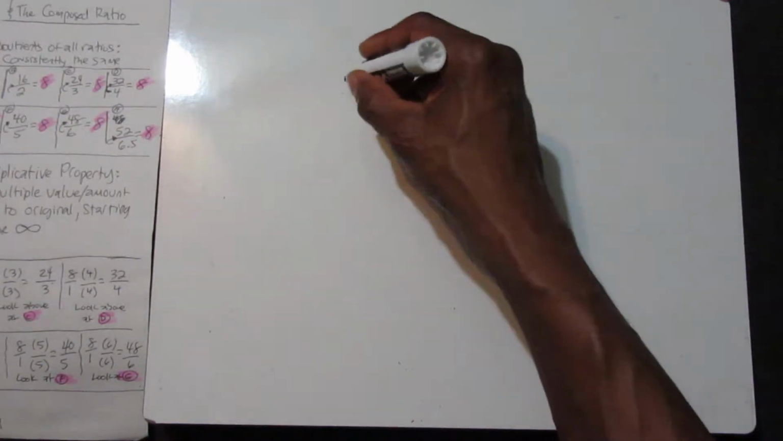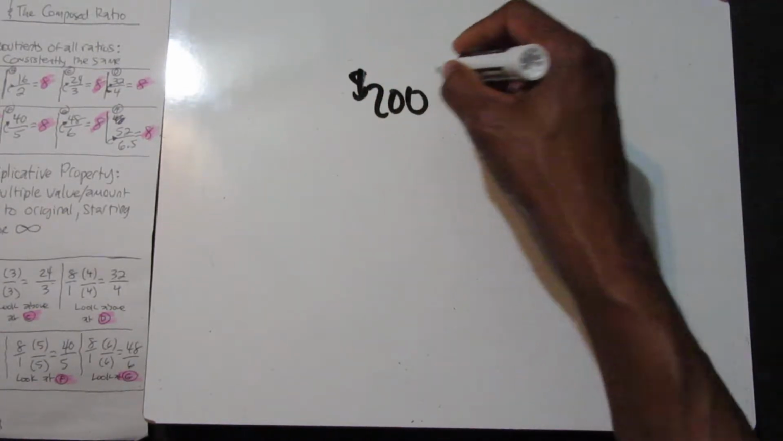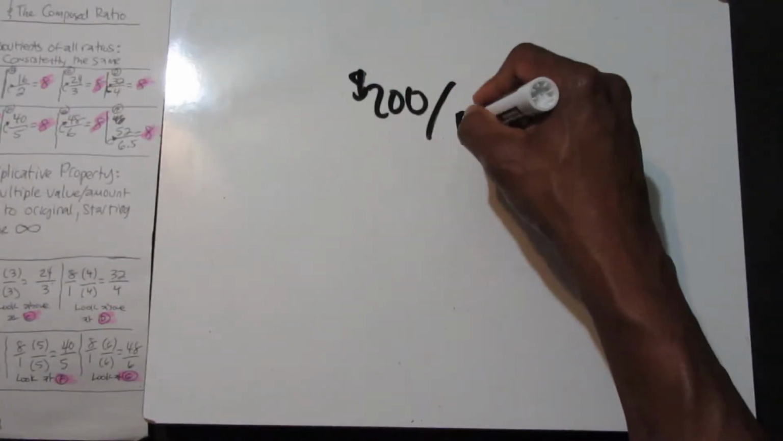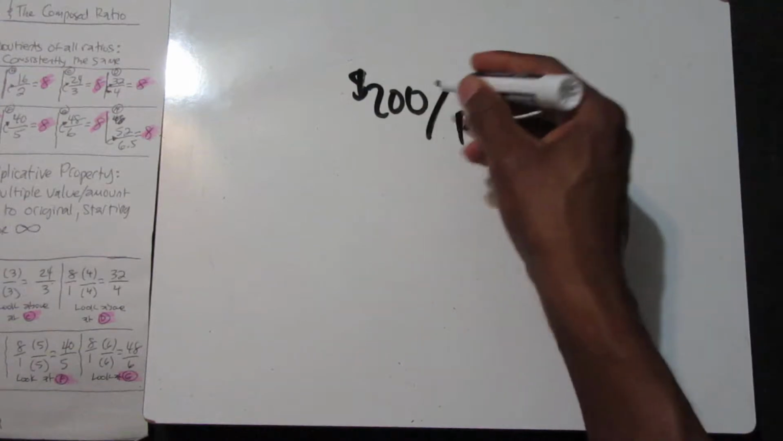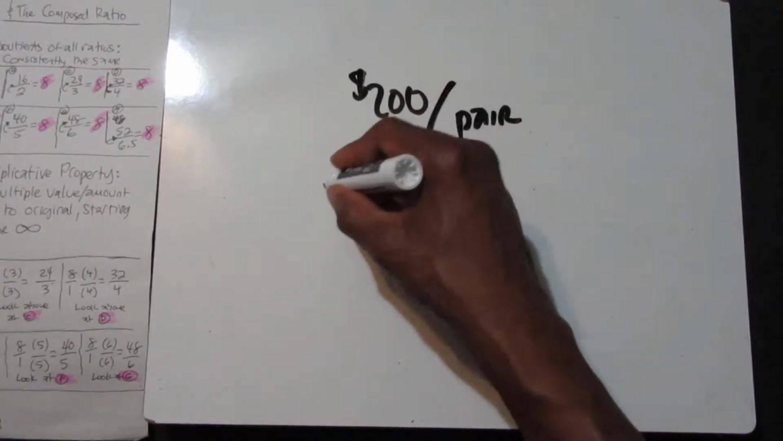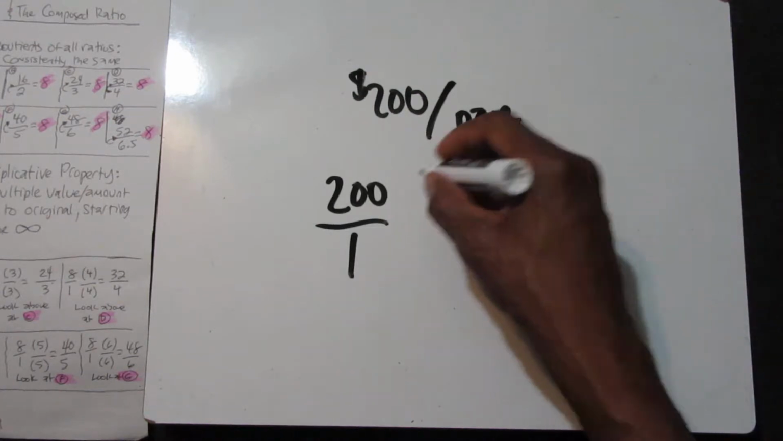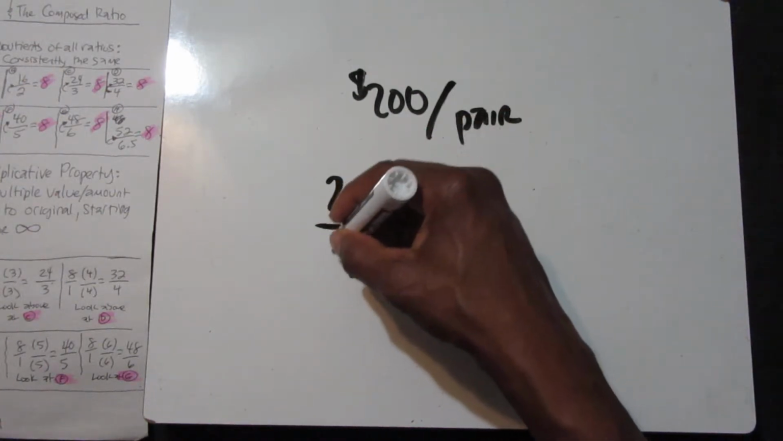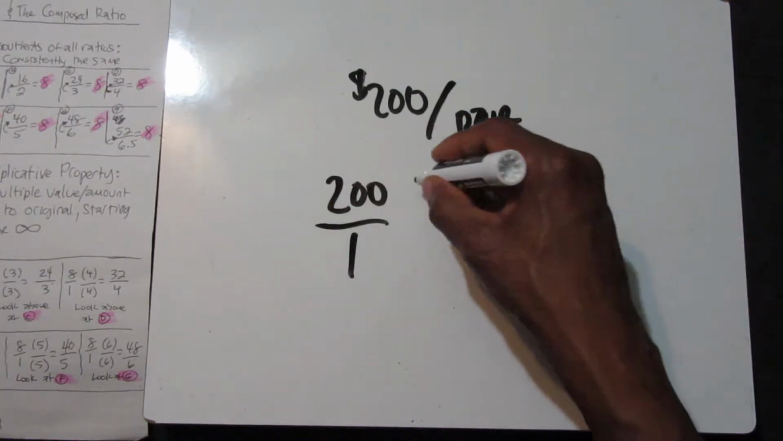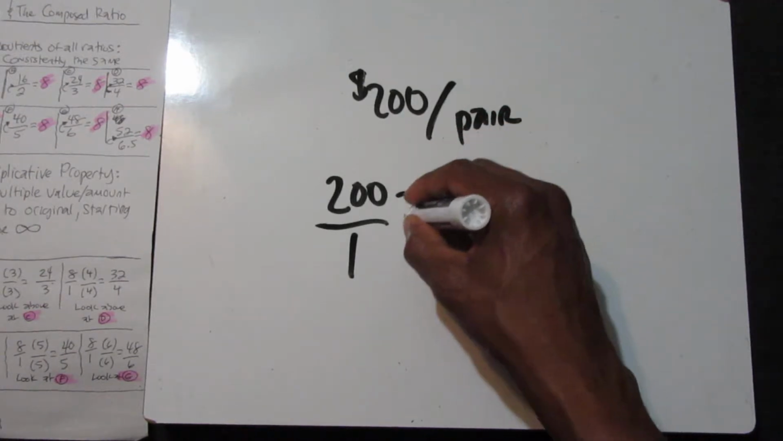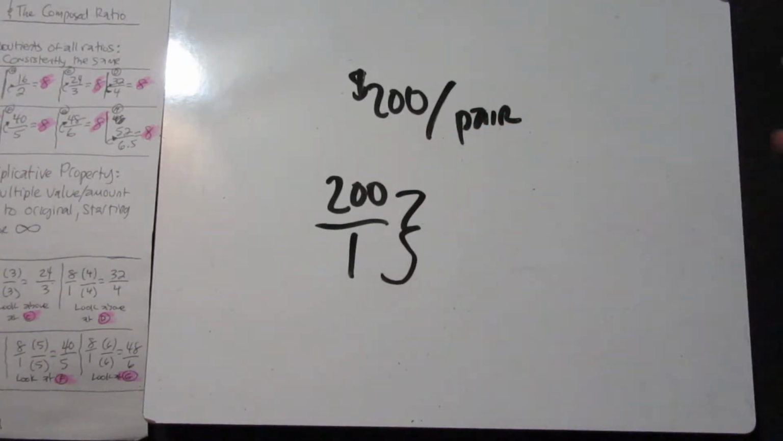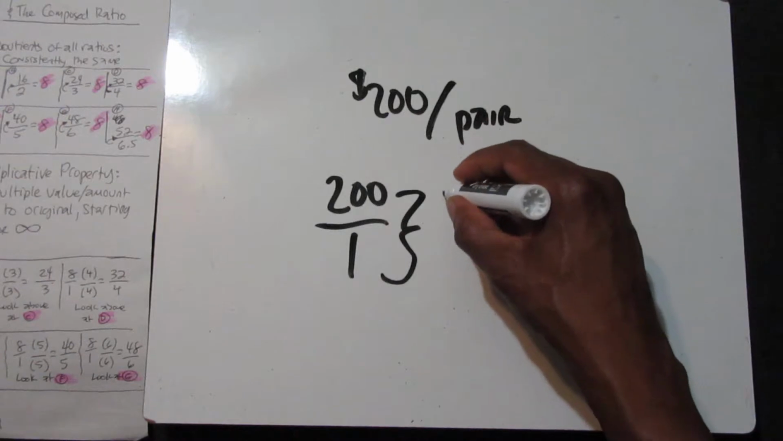Let's say you're selling some shoes, and the shoes cost $200 for a pair. We'll take this relationship between these two things and set that up as 200 over 1. What does that mean? For every one pair of shoes sold, you're going to get $200. How's that important? Well, let's say that you're running a store and someone walks in and says, I'd actually like